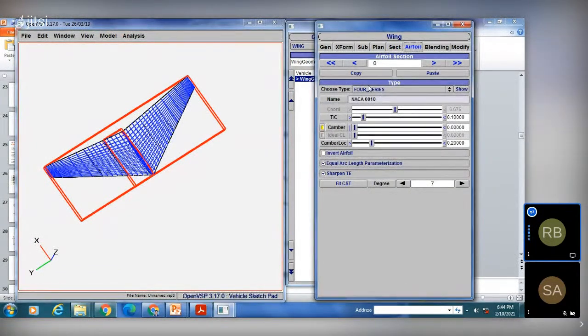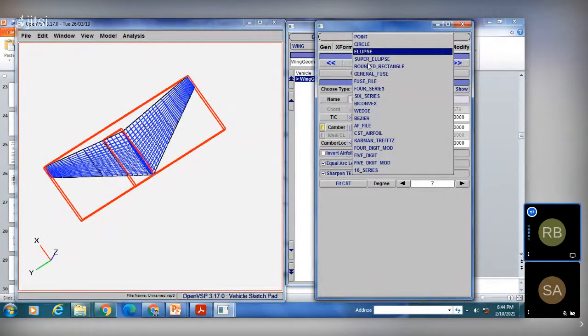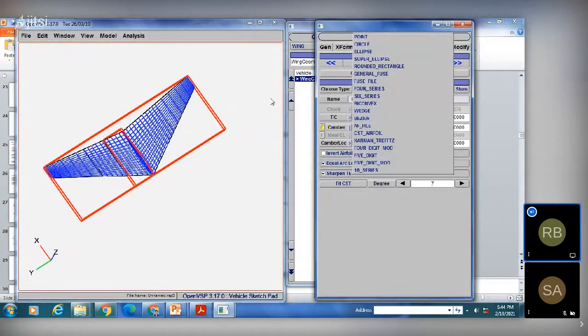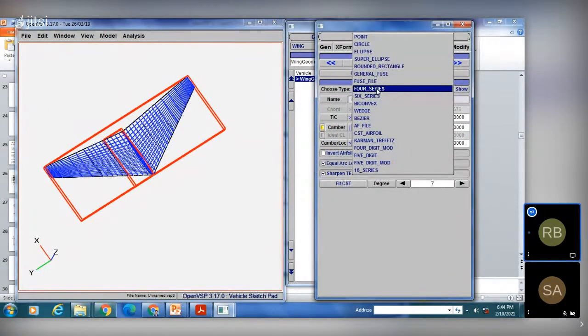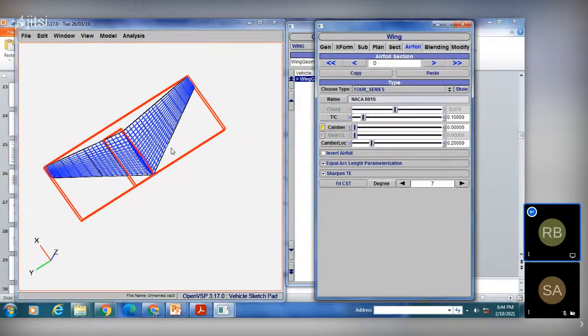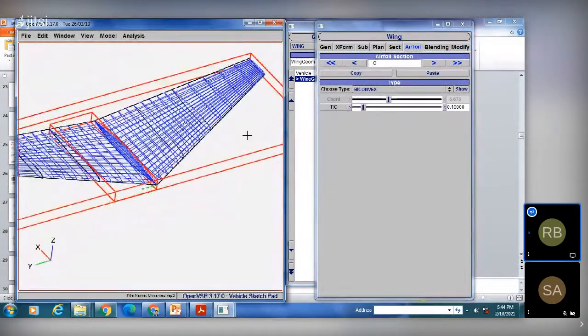And in this case, you have been told about the series of aerofoils, whether you want to go for fifth series or fourth series, or if you want to keep your aerofoil wedge shape or biconvex shaped aerofoil. That also can be done by using the OpenVSP